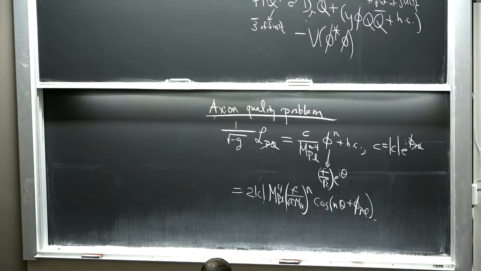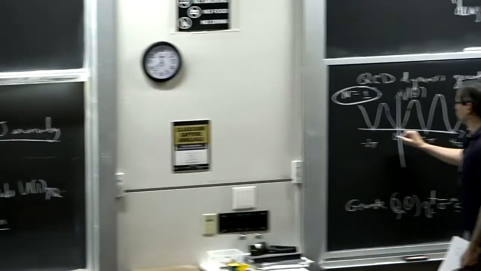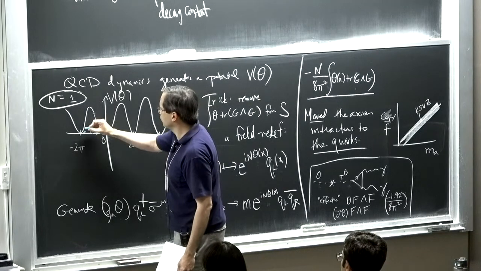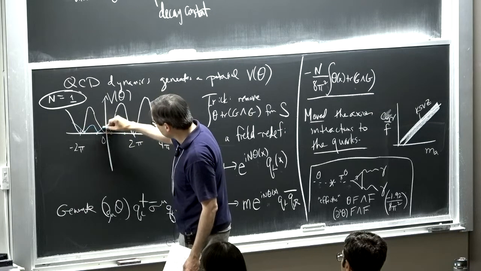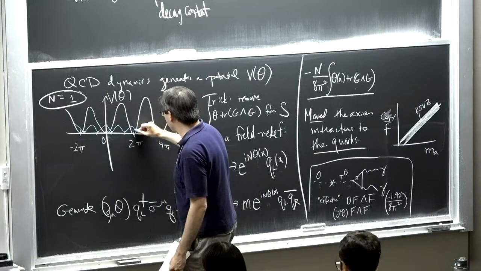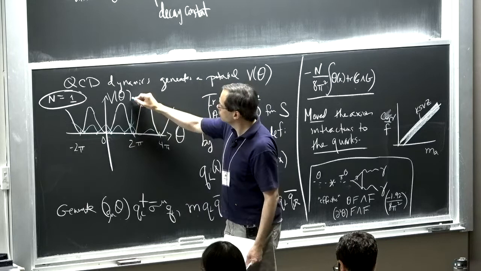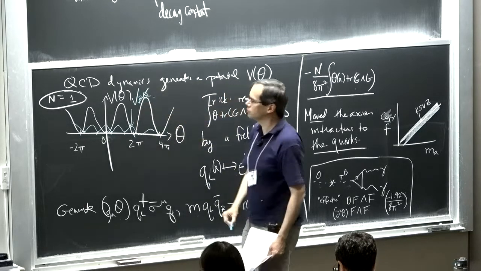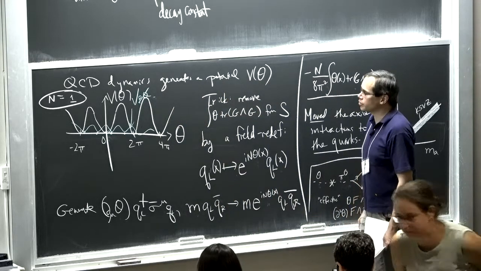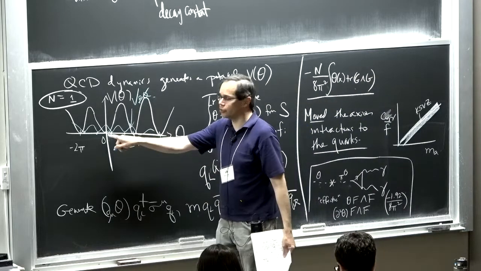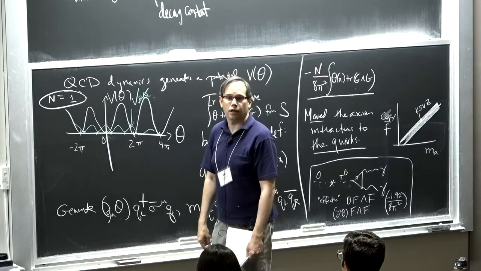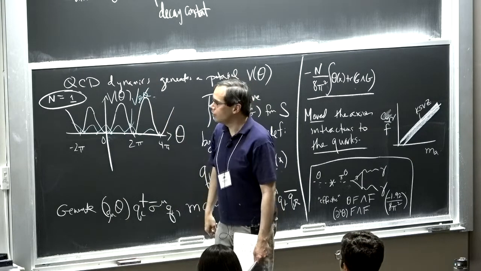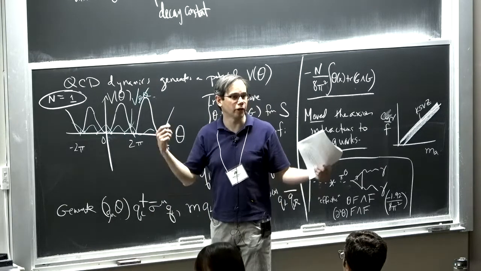So in terms of this picture that I drew before, now we're going to have some other periodic potential, and maybe it's, say, minimized here. Maybe it has a different period. We're going to have some other contribution that we're adding onto this. And because of that, when I add these two potentials together, my minimum will not be at 0. And then when my field relaxes to its minimum, I'm going to have some effective theta angle, and I'm going to generate a neutron EDM.